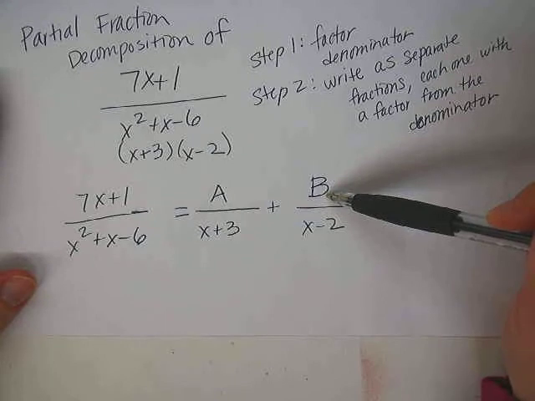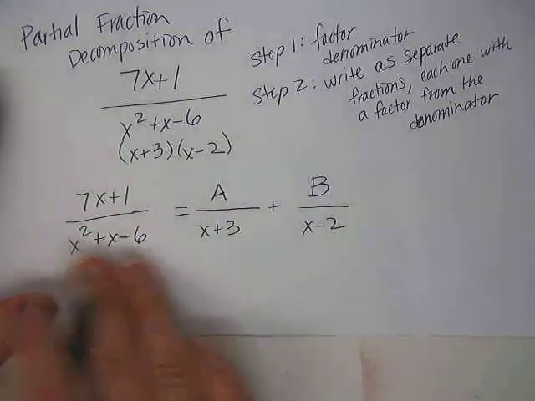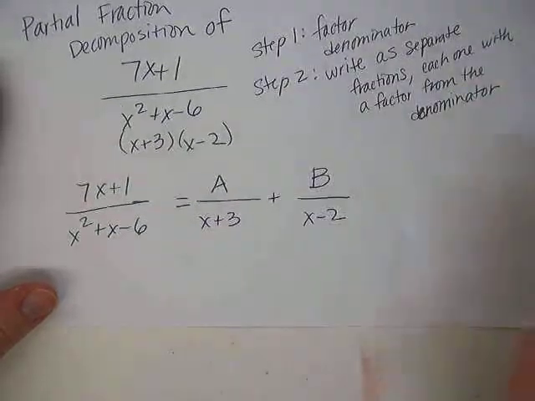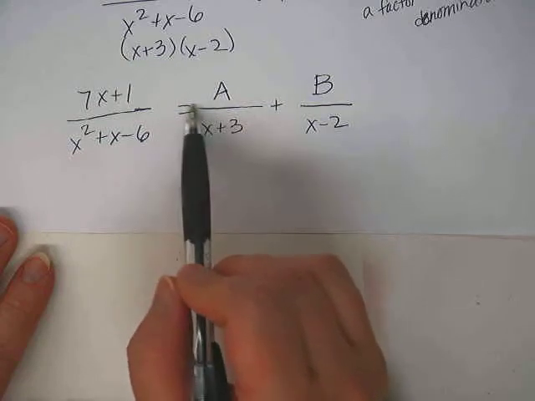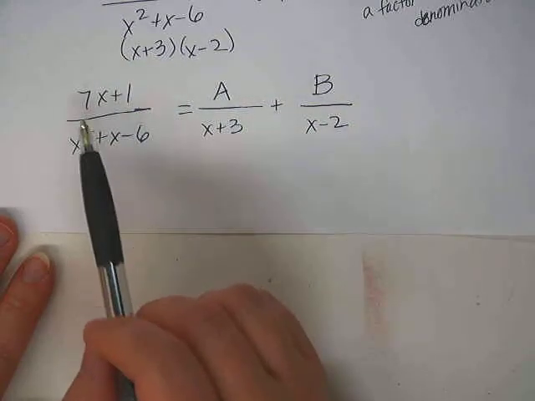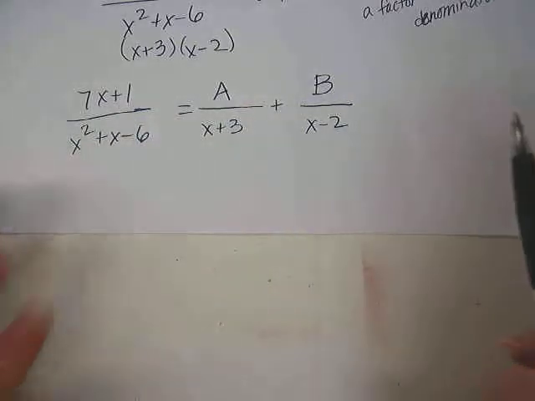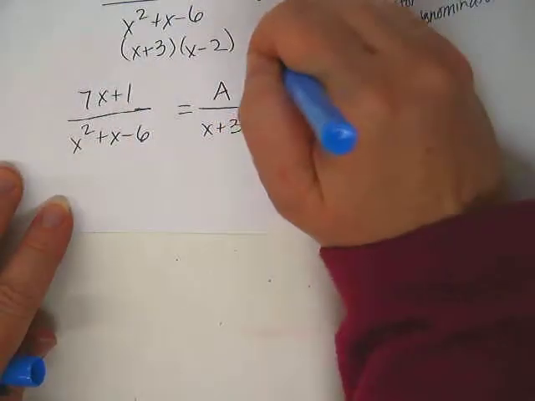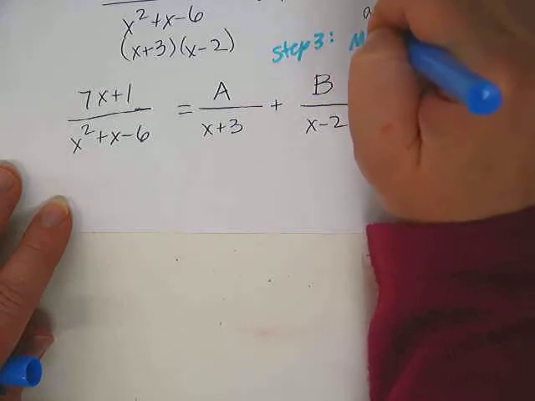So right now these are variables that we don't know yet. Got it? Okay. Next. This is a problem to now solve that you should have learned how to do last year. But, of course, we're reviewing. So when you solve a problem, notice the equal sign in the middle. That means we're solving. When you solve a problem like this, you want to get rid of the fractions first by multiplying by the least common denominator. Okay? So the next step, step 3,